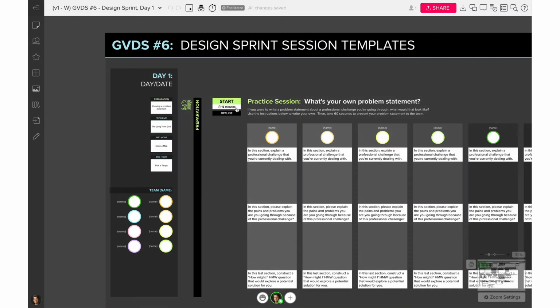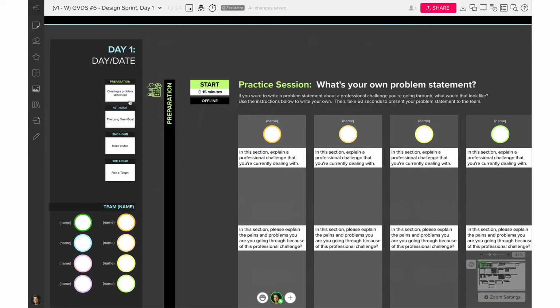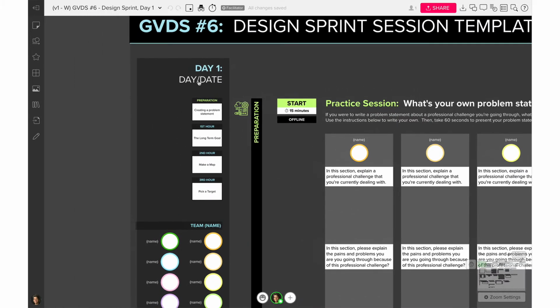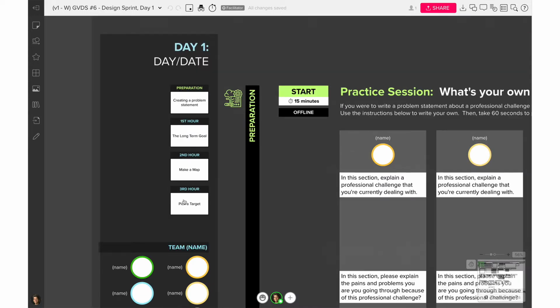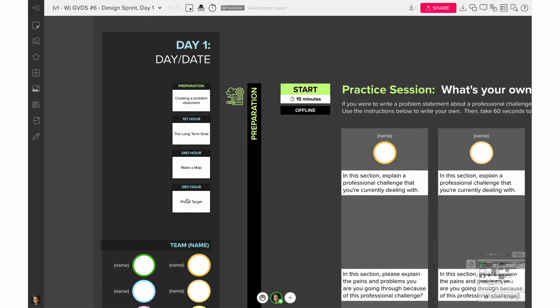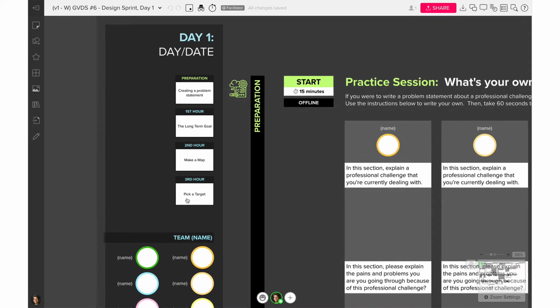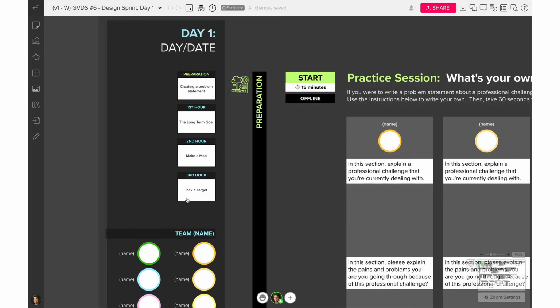So let's get started with configuration and go over what we have over here on the left-hand side. On every single day that we have for the GVDS, there's going to be a section over here where you'll probably want to put in your day and date that you started your virtual design sprint on day one. And you really don't have to change anything here. This is just to outline what you can expect to happen throughout the course of the day, or at least the hours that are coming up, the 3 hours that you're going to be together online,